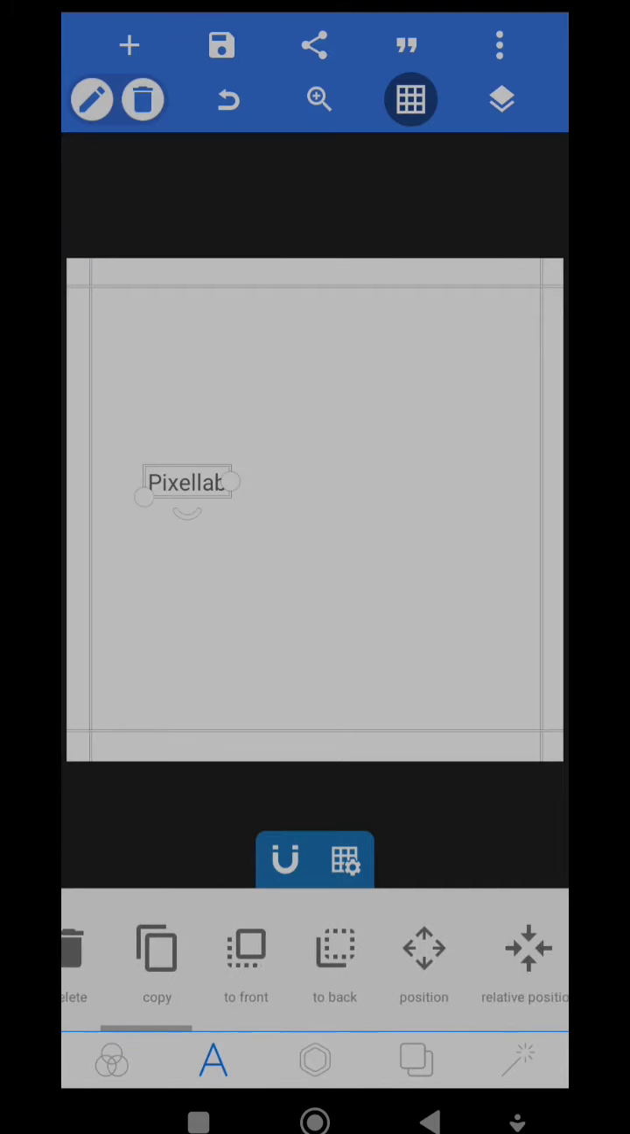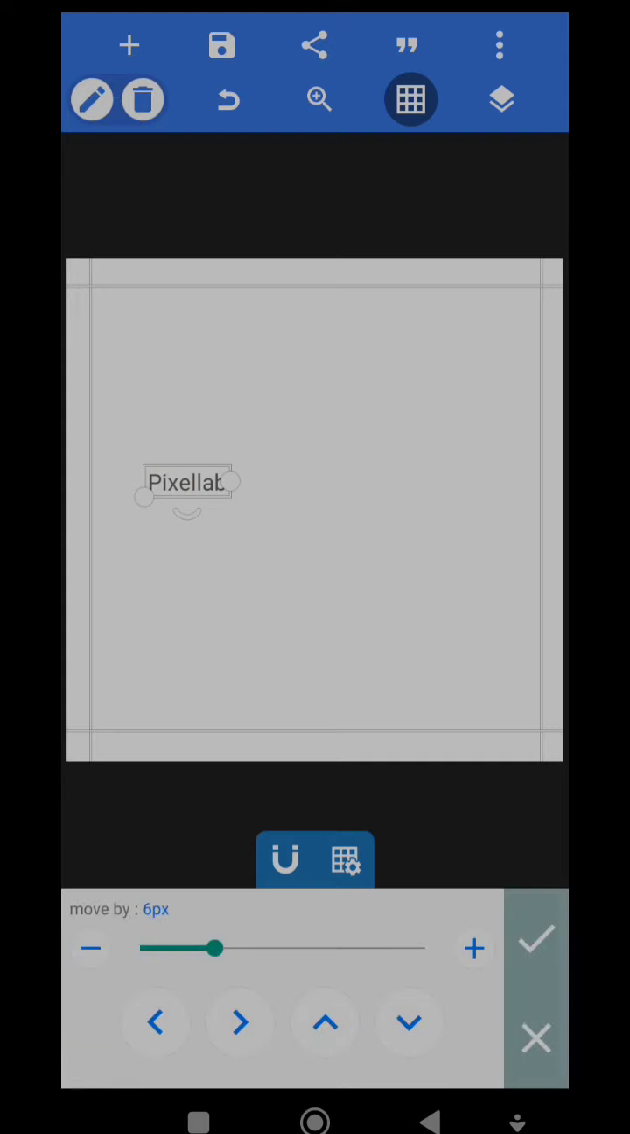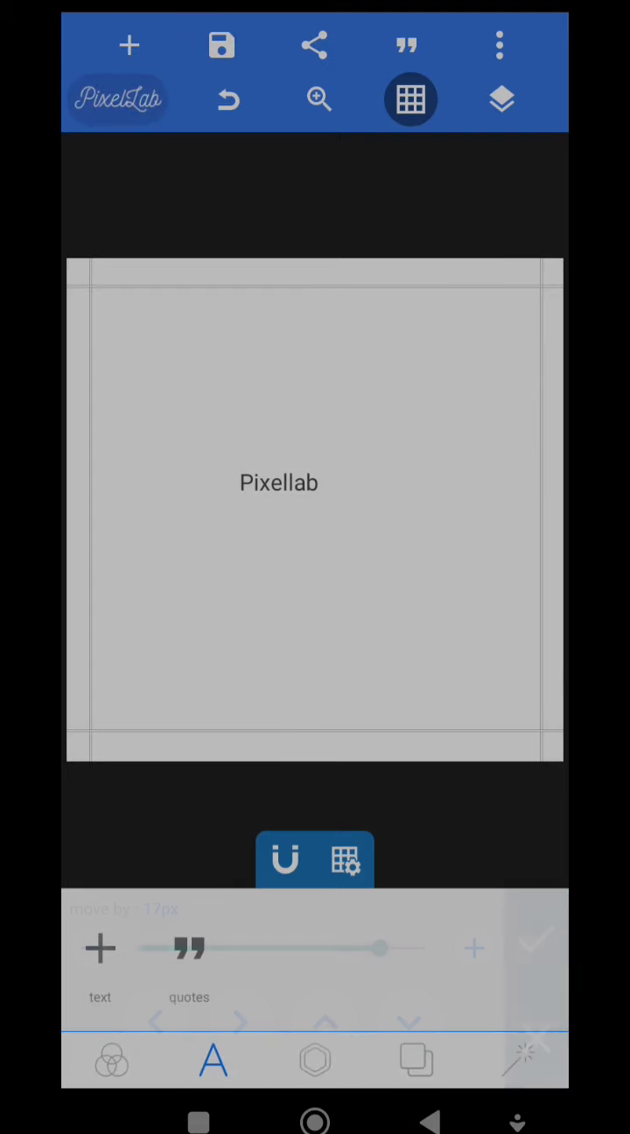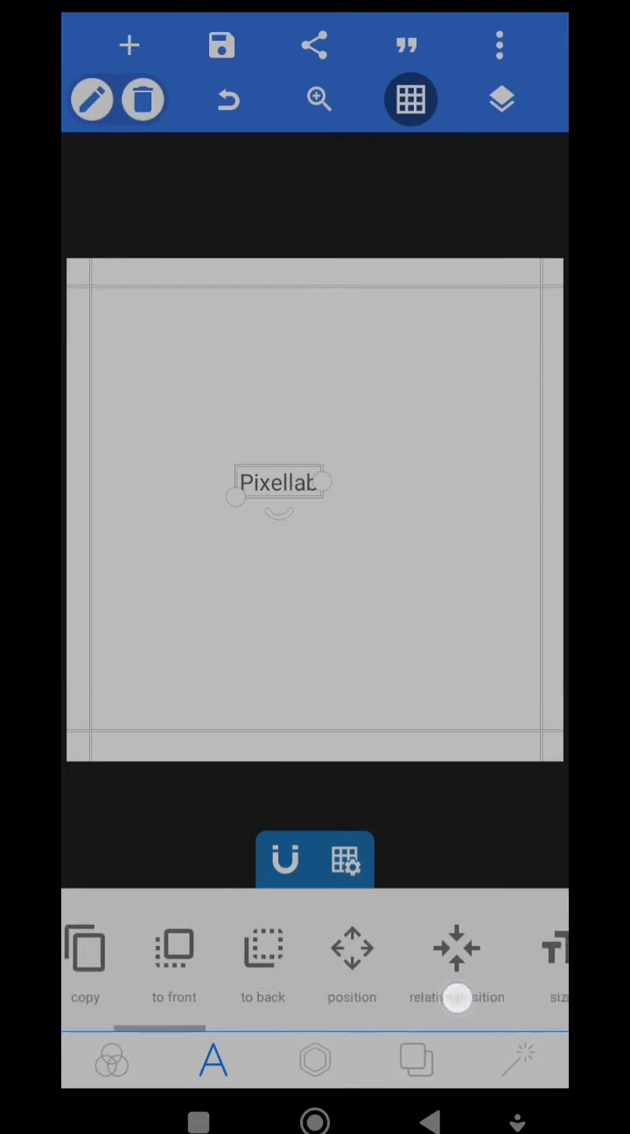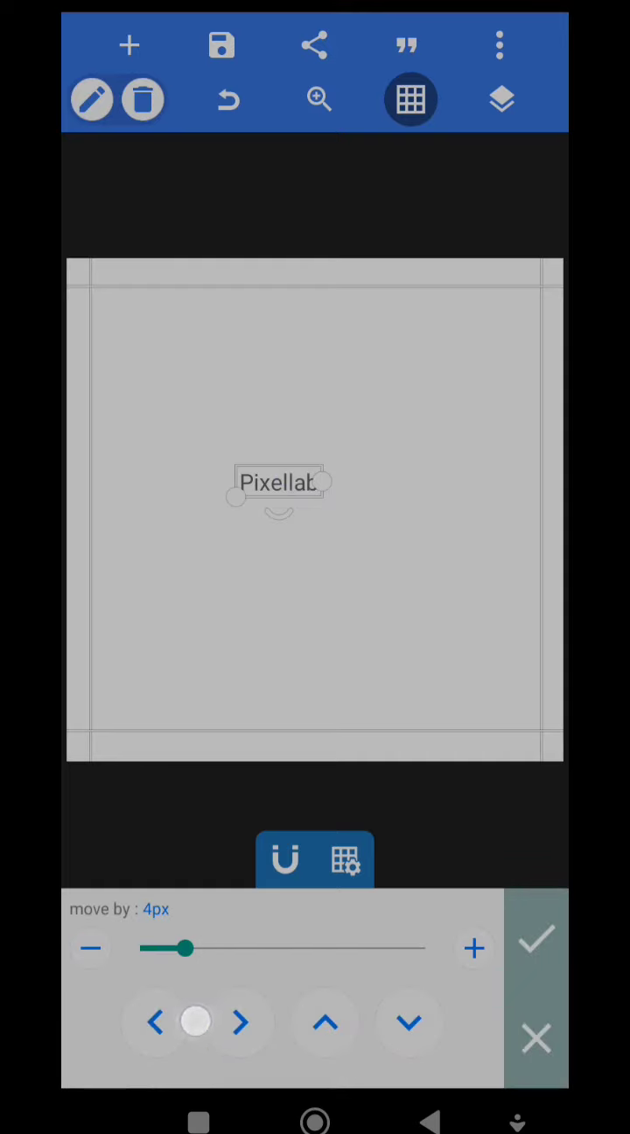So, send to front and send to back. Now this is also the relative position, where you can adjust the rate at which they move along your canvas. Okay, canvas is this area. All your workspace is called your canvas. So you can easily move it using this position tool